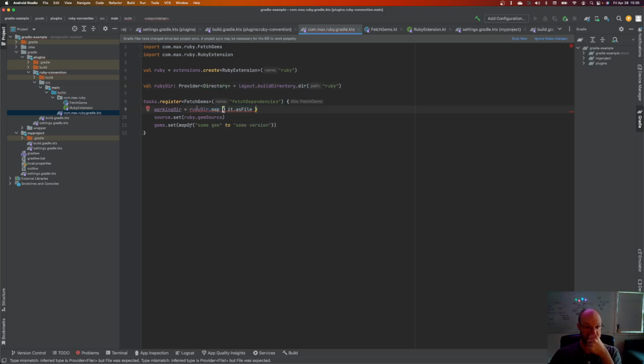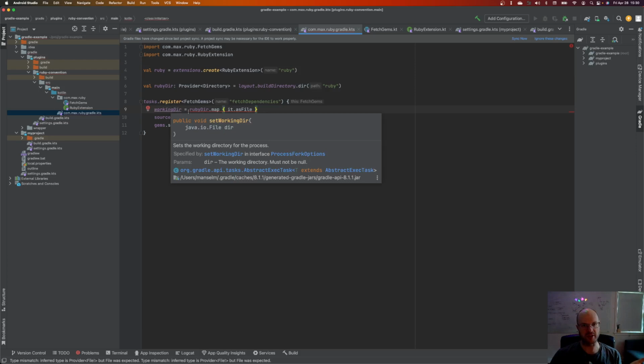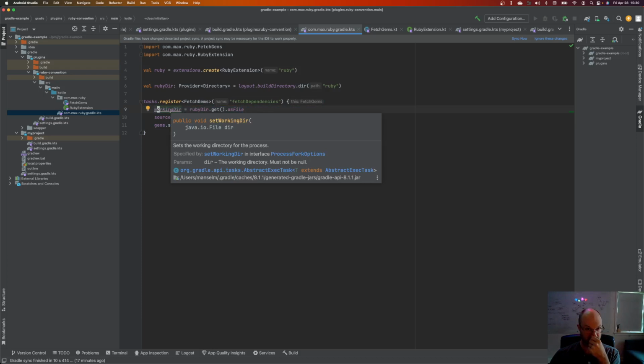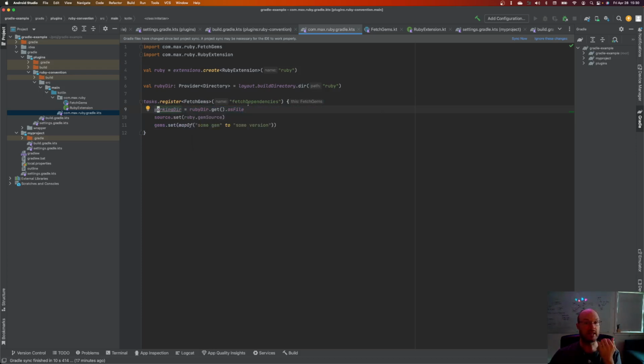That lets you lazily map the provider without actually evaluating it. But in this case, working dir doesn't want a provider, it wants the actual directory. So we just want to do get as file, basically saying that okay, when it comes time to configure, we do need the file, not a property anymore. So let's get that directly. And then, oh,